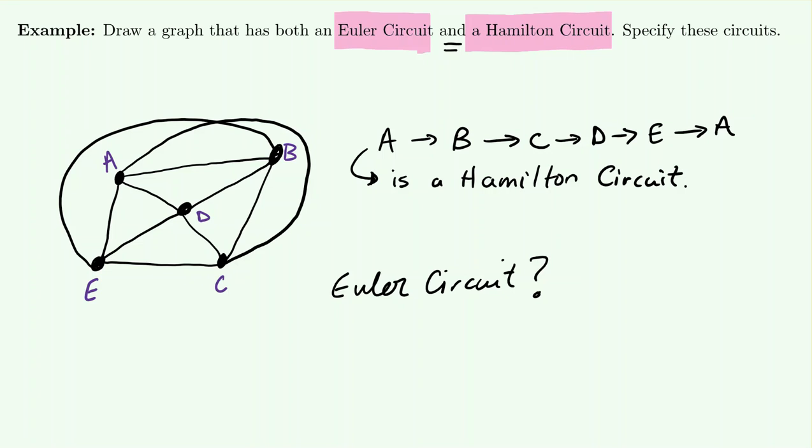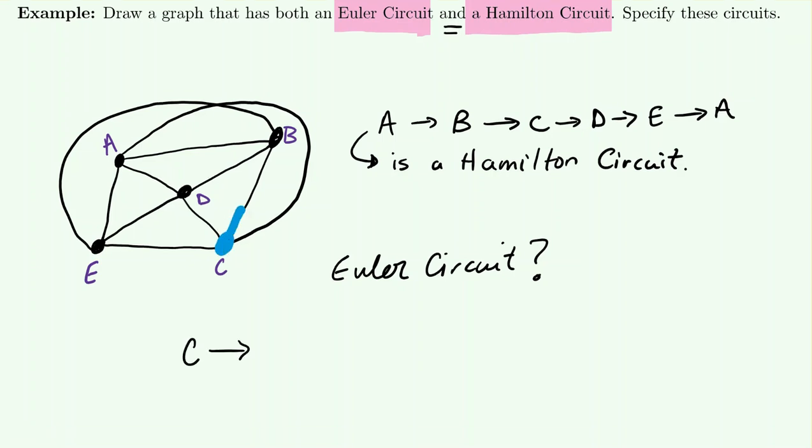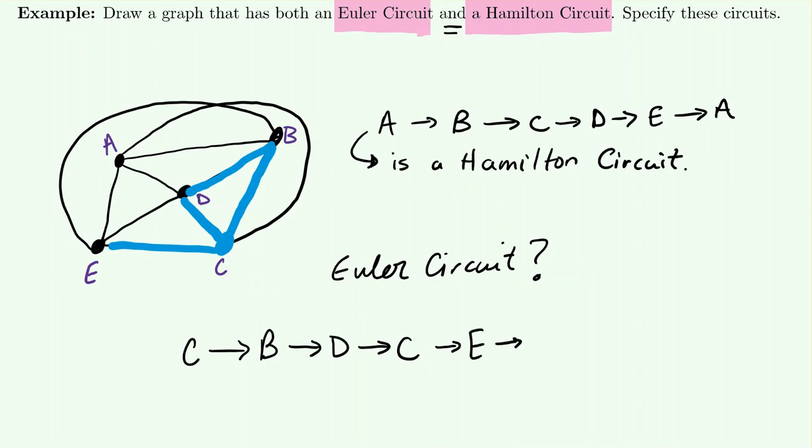And we know our focus here is it's going to be a circuit that visits every edge exactly one time. So let's trace this out one possible way. If we wanted to, we could start at C. So C would go to B. B would then go to D. D would go back to C. C would go to E. E would go to